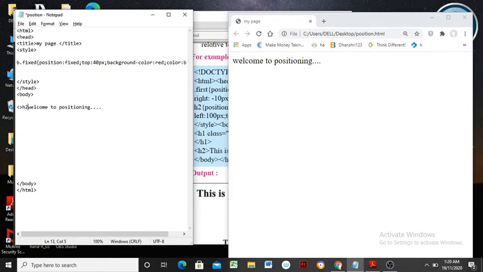I have applied heading level number 2, the H2 tag, on this content, and closed it with slash H2. Save this, refresh in the browser's window, and observe the effect. Welcome to positioning appears in bold face as a heading level number 2.